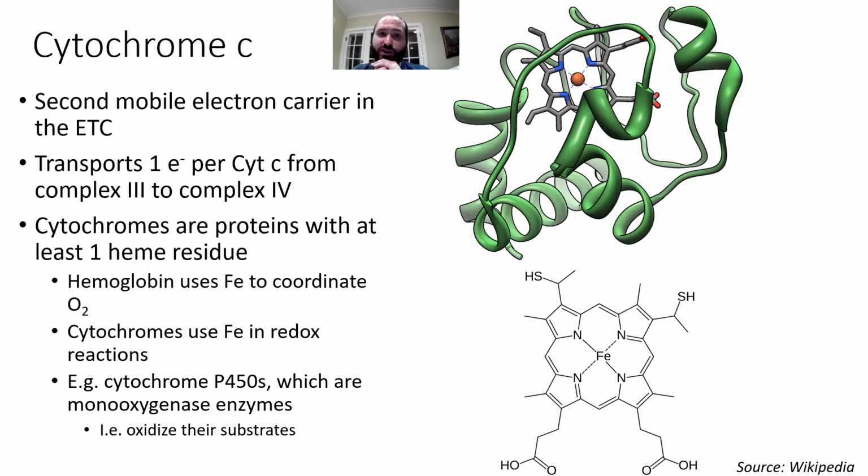So cytochrome P450s are mainly active in the liver. We use cytochrome P450s mainly for the beginning of metabolism of drugs and toxins. So they'll start metabolism of drugs and toxins by oxidizing certain parts of the molecule until they are less toxic, such that they can then be excreted by the kidneys. Oxidation will also often serve to increase solubility of a molecule. So cytochrome P450s will also begin